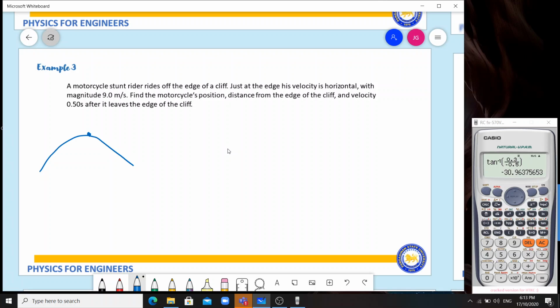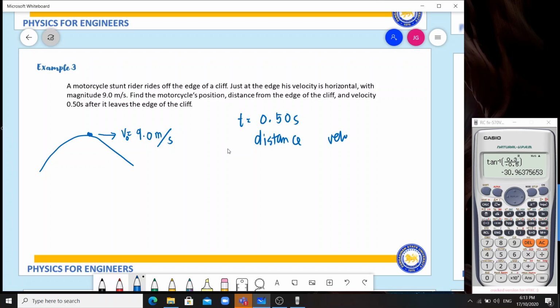Okay. Ito si motorcycle. Sabi niya, just at the edge, his velocity is horizontal lang. Wala siyang vertical. So, horizontal velocity lang na 9.0 meter per second. Yan yung V0, initial velocity niya. Find the motorcycle's position distance from the edge of the cliff and velocity 0.50 seconds after it leaves the edge of the cliff. Hinahanap nating time ay 0.50 seconds. Ang hinahanap dito is the distance